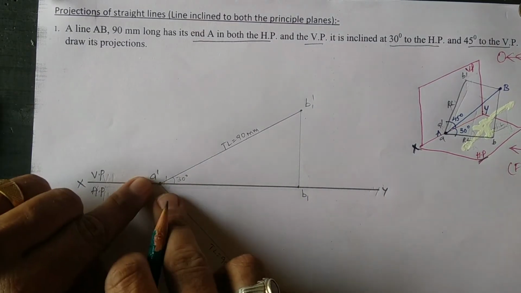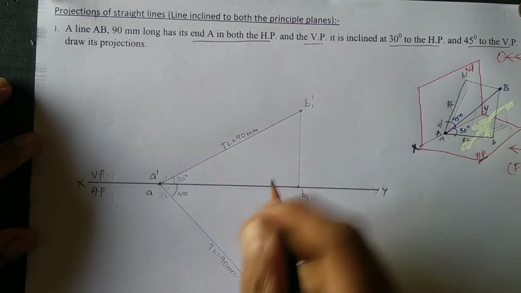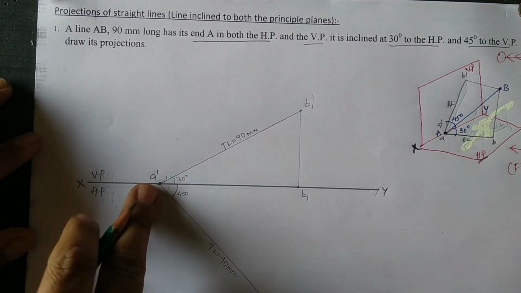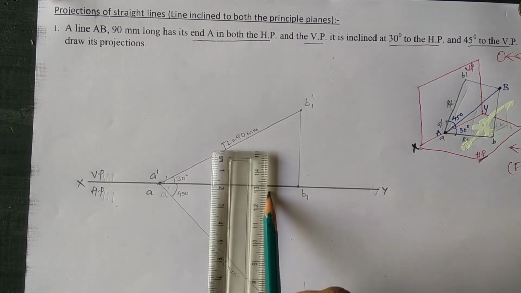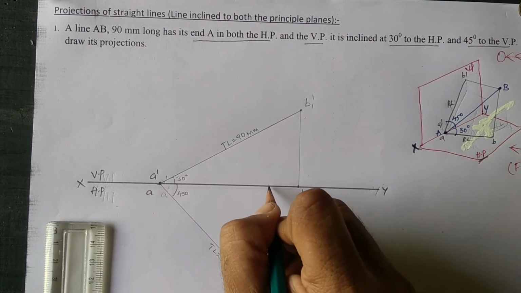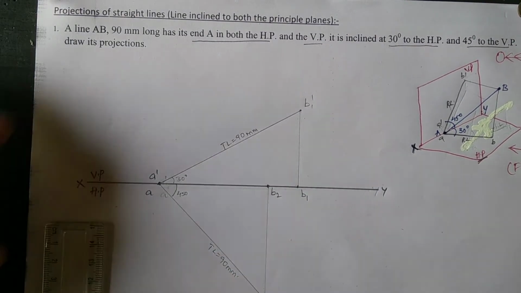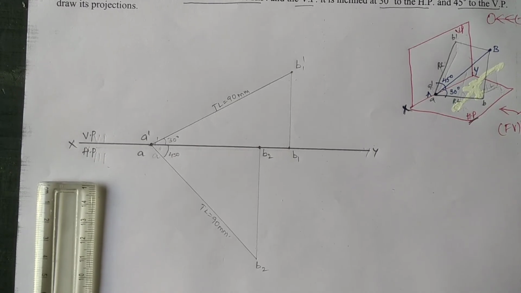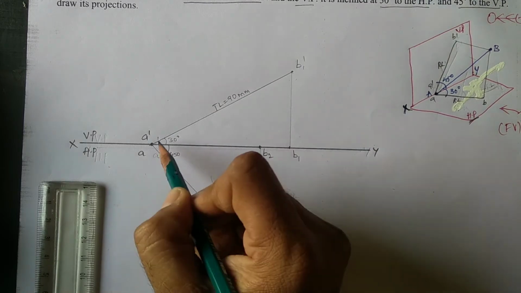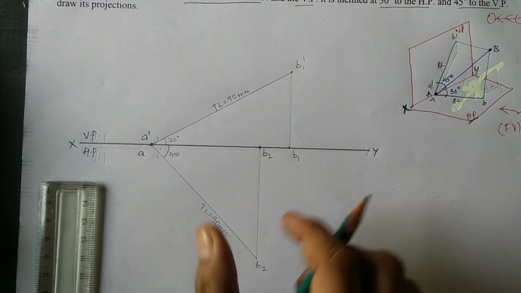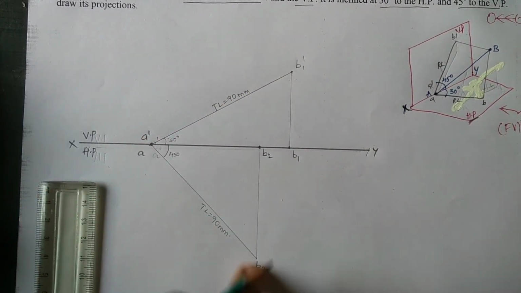Now this is the top view visuality when a line is inclined at 45 degrees. This is the front view and top view of the line inclined to HP, and this is the line inclined to VP. Draw its projection, where it touches, where it is supposed to have its position, B2. As the line is inclined to HP and the line is inclined to VP, we have drawn the true length and reduced length. This is the true length of the line inclined to VP and this is the reduced length.